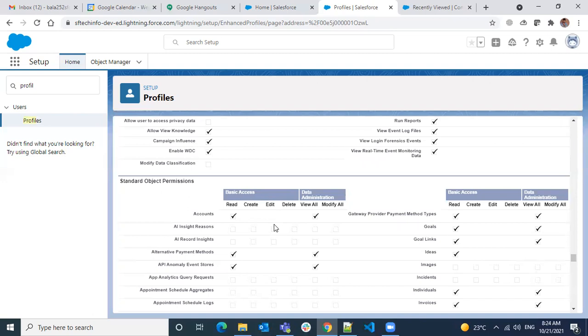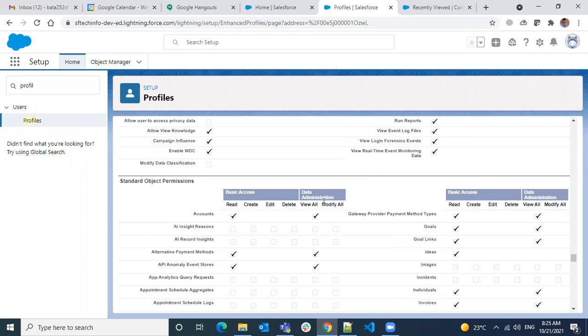Edit means even if you can create and read, if you want to change that record again, if you have edit permission, then only you can make changes to it. Delete, even though you created and are able to see it, once you have the checkbox, then only you can delete the records. View all, modify all. This is kind of, so you have 10 users, so 10 users having access to one table.